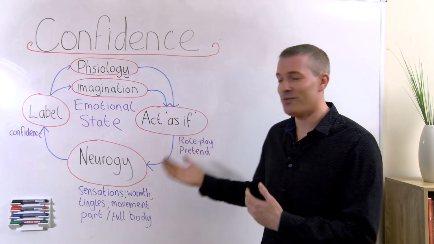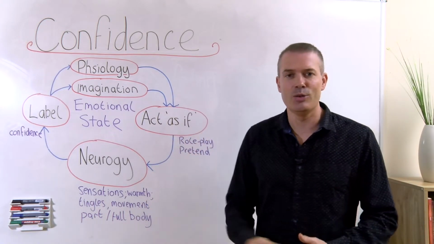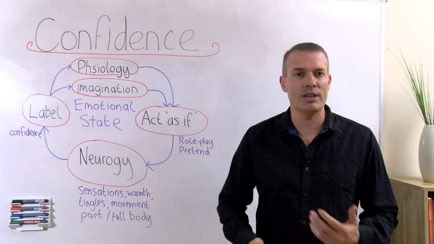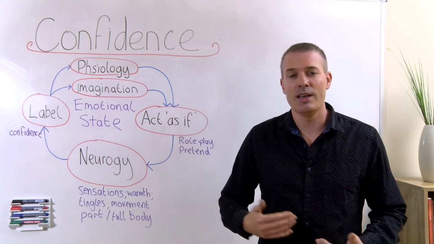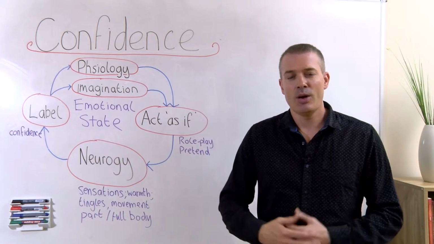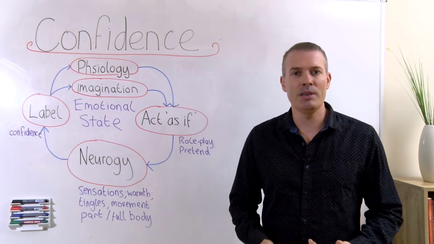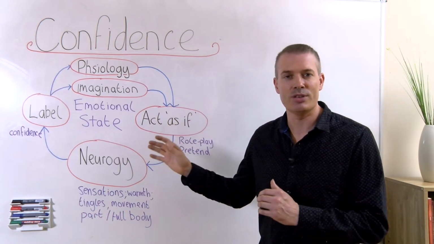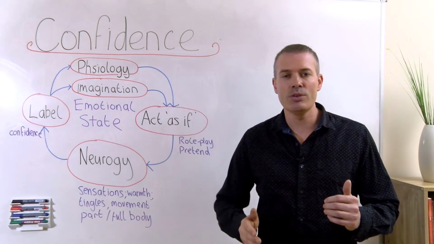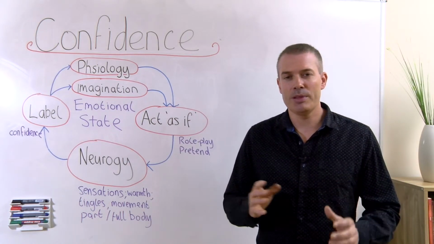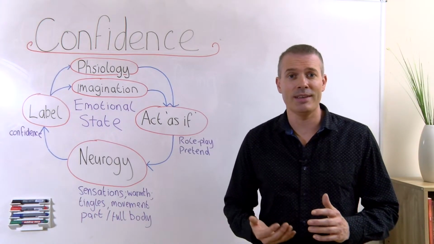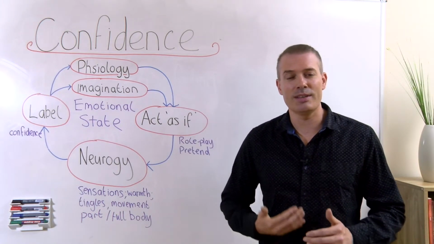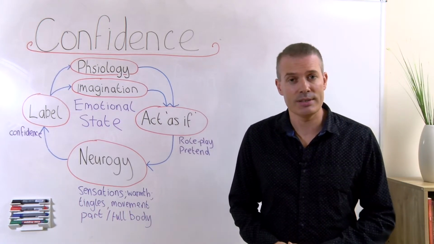So hopefully you found this interesting. I think the state loop is a really nice way to illustrate how we produce and how we maintain the emotions that we experience at any given point in time. Obviously, when it comes to emotional well-being, there is much more to it than just this. There's a lot more that's going on beneath the surface. But this is certainly a good start, especially when it comes to maintaining and creating the feelings of confidence at the level of physical sensations.